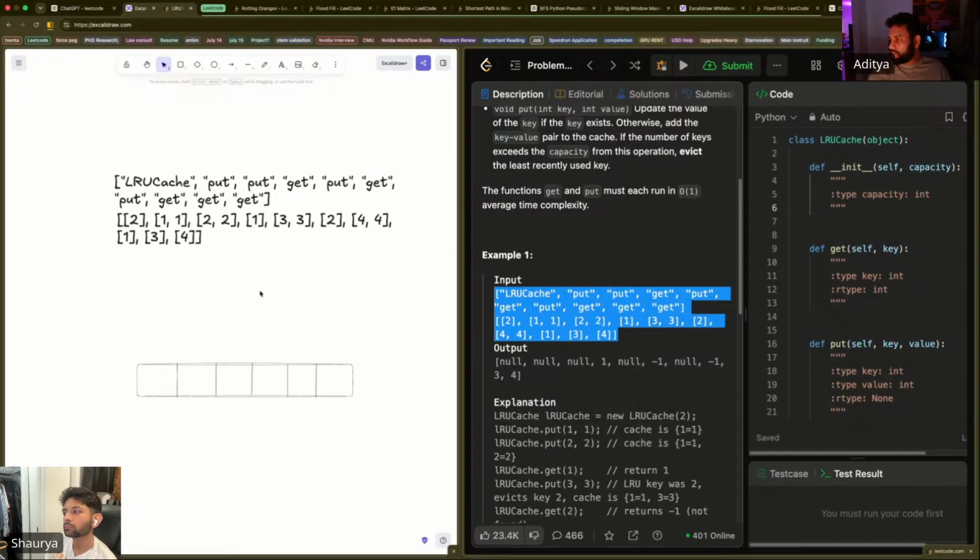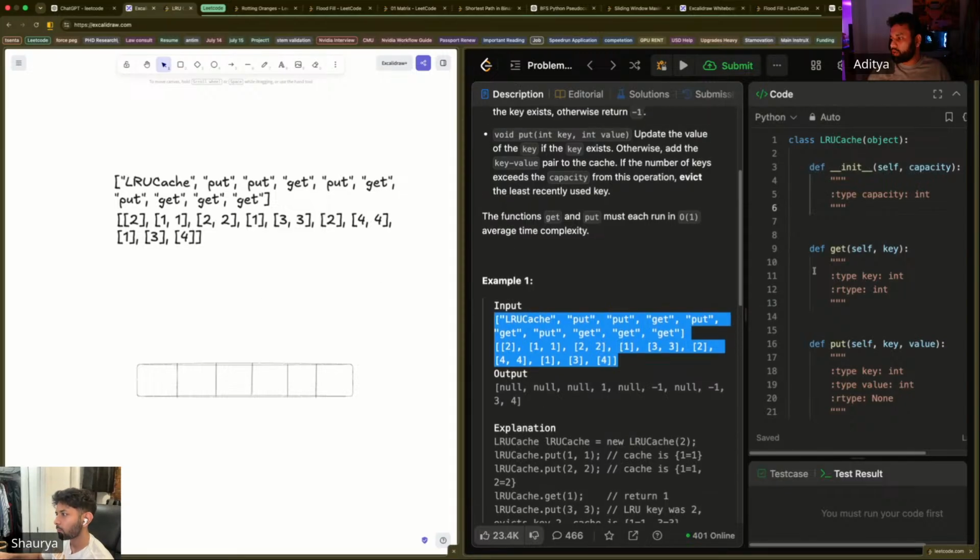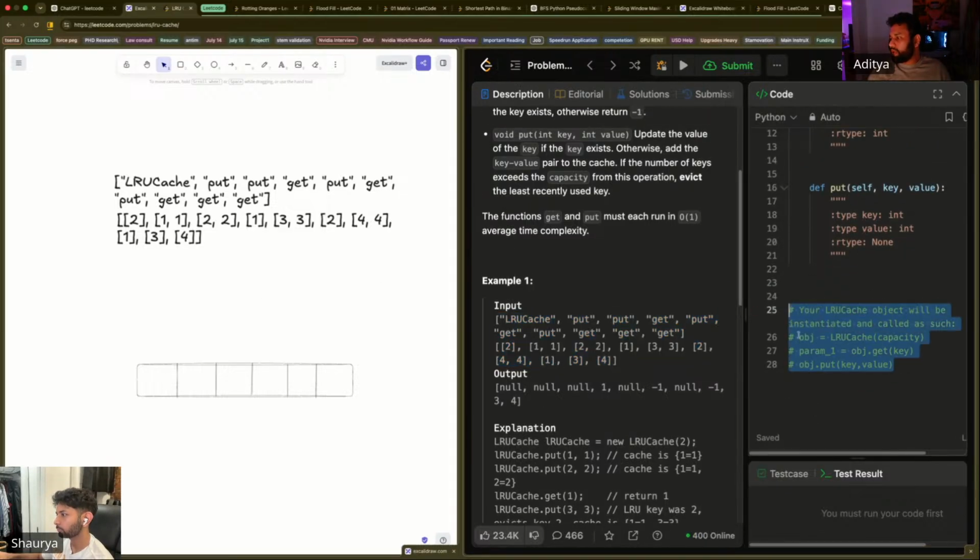If you take a look at the code, and if you scroll down on the code side, how we are instantiating our class, right? LRU cache capacity. That means capacity is a variable that you are passing in, right? So if you take a look at the input, it says LRU cache. So what it means over here, like in example one,